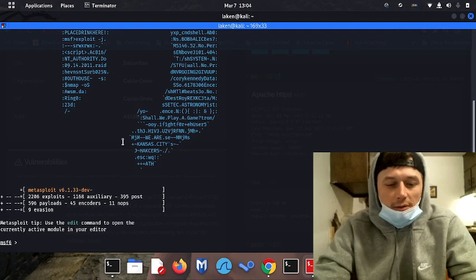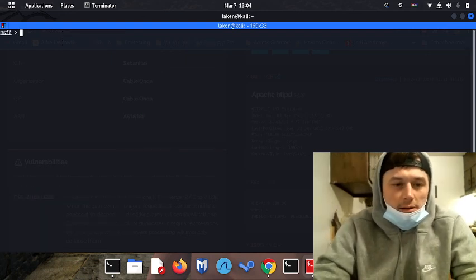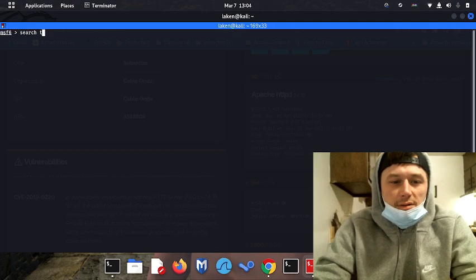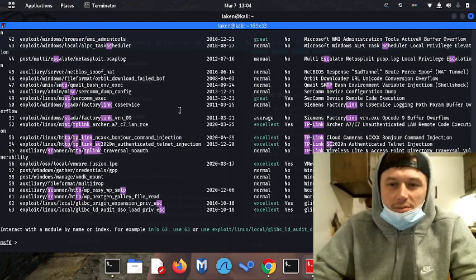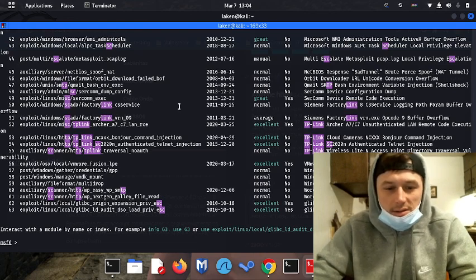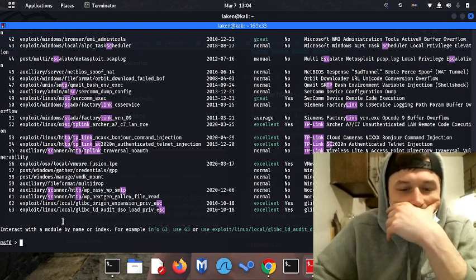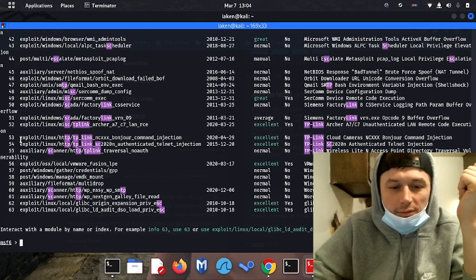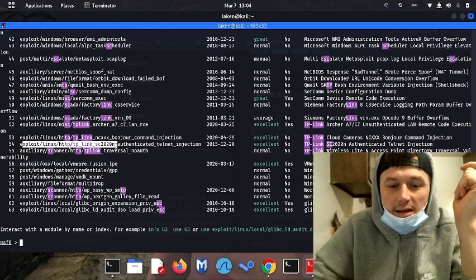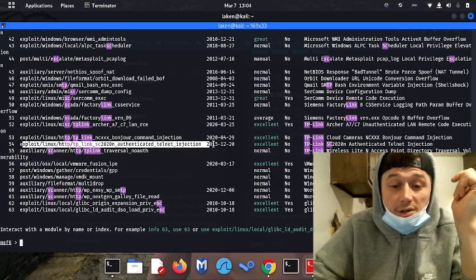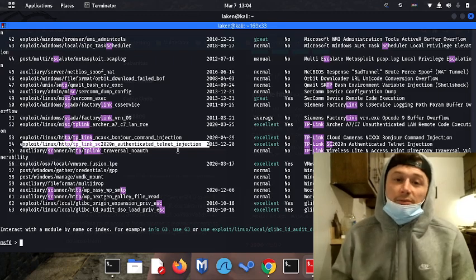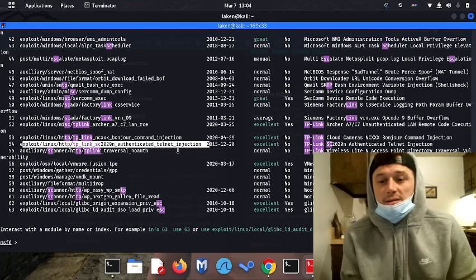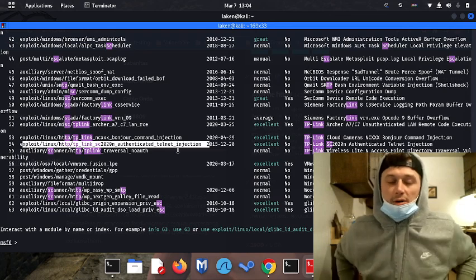So now we have our little prompt. Let's clear. Now we're going to do search TP Link SC. They have an excellent search program, so going through it is easy. We're going to look for the exploit linux TP Link SC2020n authenticated telnet injection. Basically, as soon as we launch a command after putting in a couple of options, such as the RHOST, which is the IP address of the target we are going to be exploiting,